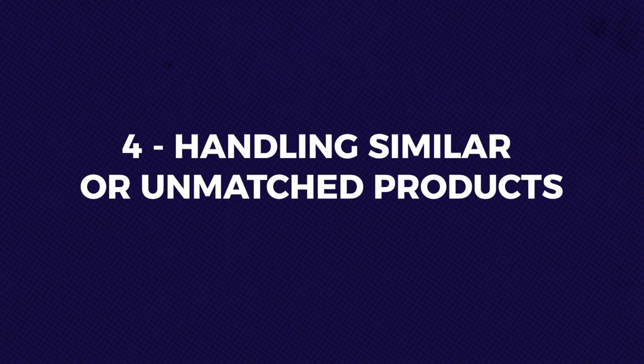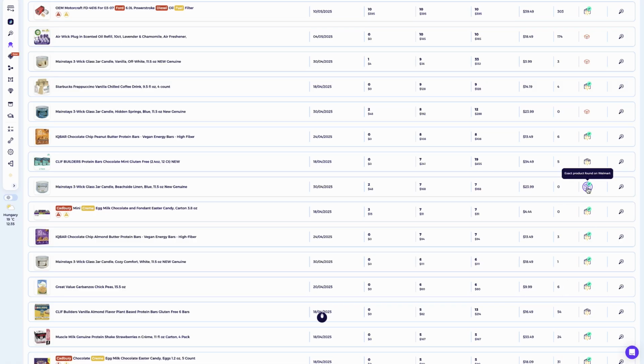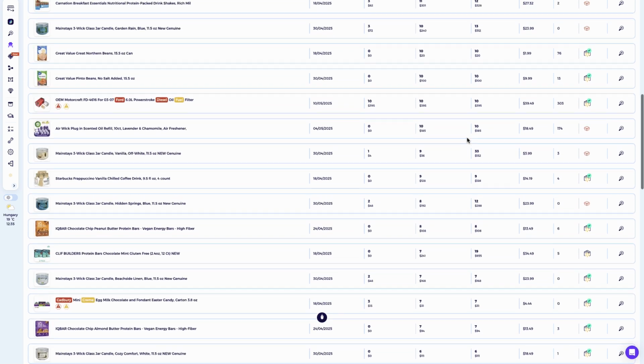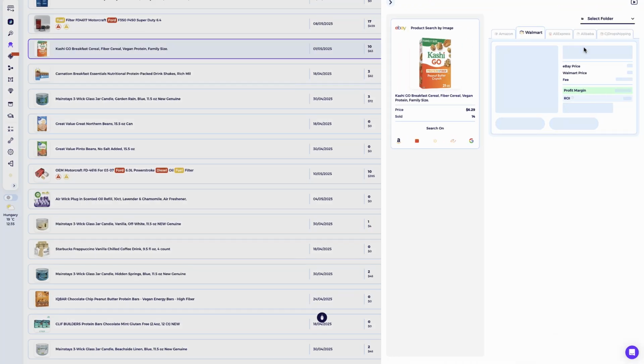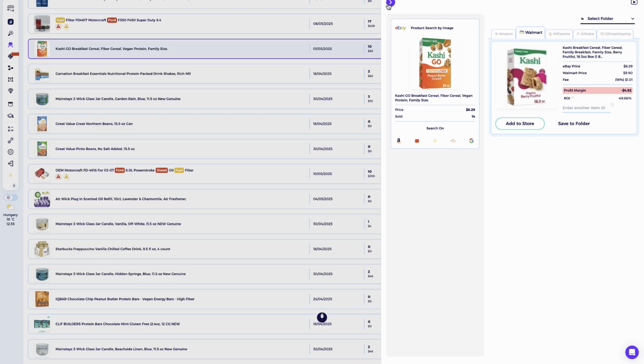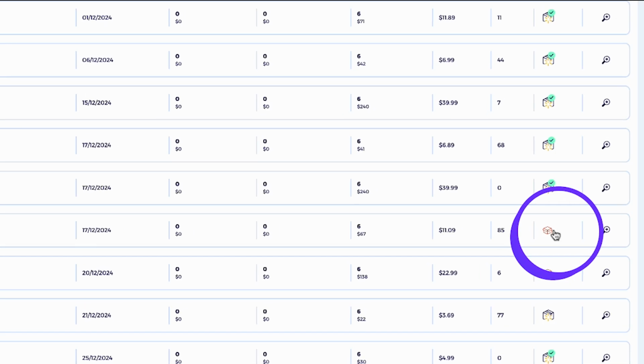Step 4, handling similar or unmatched products. Okay, so we covered what to do when you are facing a situation where the Item Finder finds the exact product from Walmart. Now, if you get a similar match, you will need to review the product details. If the quality and price match your standards, it could be a great alternative to list on eBay. If no match is found and the box turns red, don't skip it. This often is a sign the seller is using a hidden source, and that usually means higher margins and lower